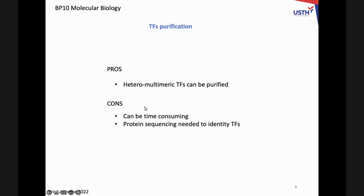The cons of this type of strategy: it can be very time consuming, okay, because you need to do plenty of purification steps. Sometimes you need to optimize the binding conditions. So this is biochemistry. It's much more complicated in terms of setting up an experiment. And what can be complex, but nowadays it's easier and easier, is that you must not forget that at the end, what you have purified, you need to sequence it in order to identify the cDNA of the transcription factor. So you see from this summary of the pros and the cons,